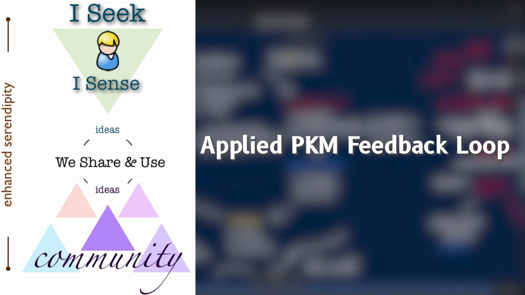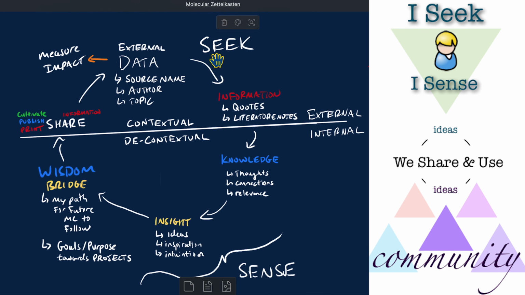Now let's apply personal knowledge management, that hourglass shape that we saw above, to the Zettelkasten system so that we have a flow here. This is my molecular workflow. I go and I seek new experiences, new information. This comes to me in the form of data. It could be the source name, the author, the topic, and it's some external source that I am capturing. As I consume that data, I capture what resonates. I write down quotes and I write down concepts and ideas that are derived from that particular source. I seek that information and I capture what resonates in the form of information. Now, this is a contextual experience because that information, those quotes, are still tied to the specific sources themselves.